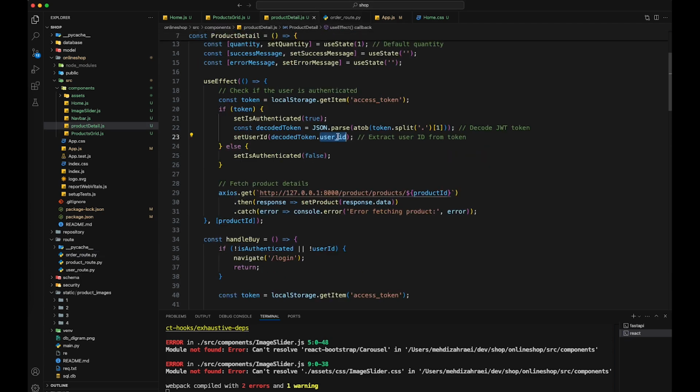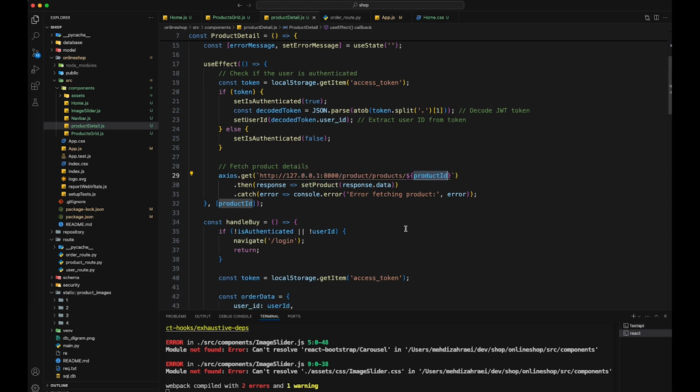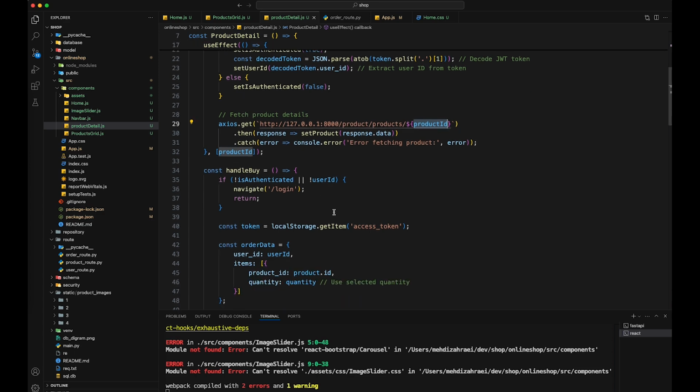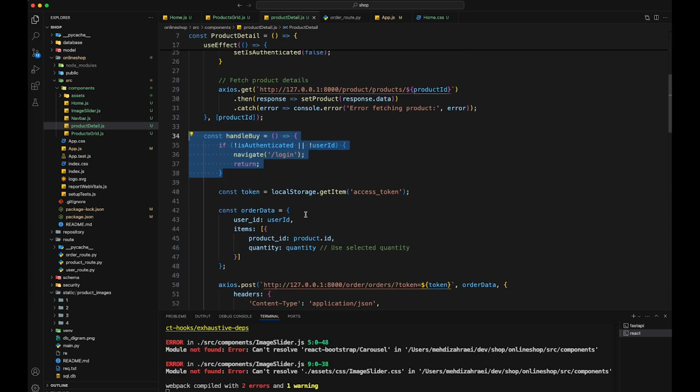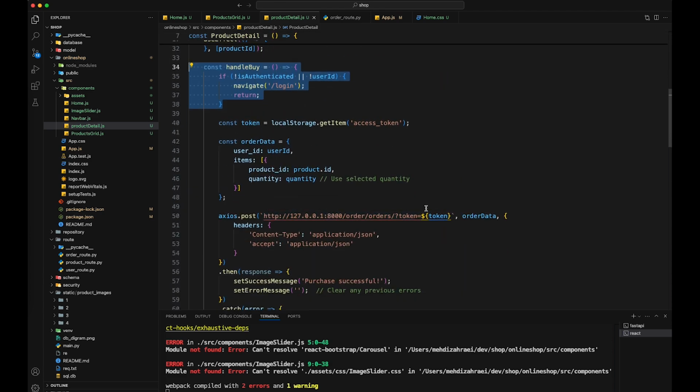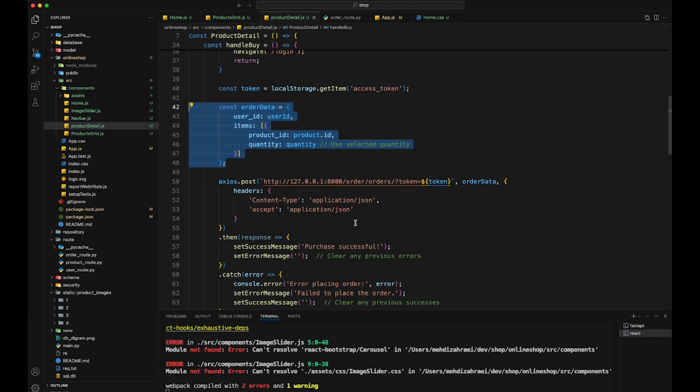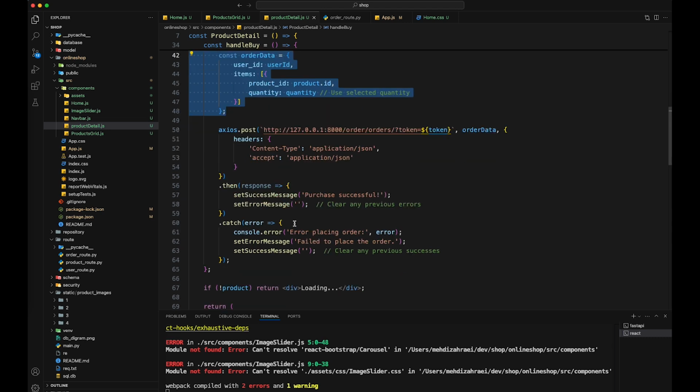That means here we need to find the user ID from the token, and then we can call this endpoint from the token schema, that schema product and user ID. And handle buy is responsible that the user is already logged in, and just this quantity is separate handling to define how many of the product ID they want to buy,